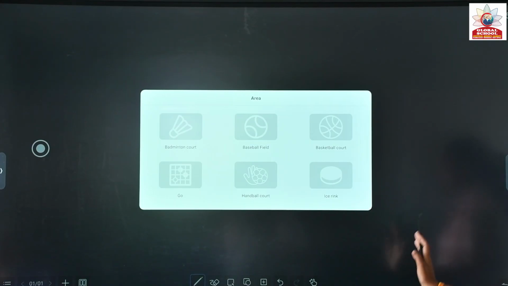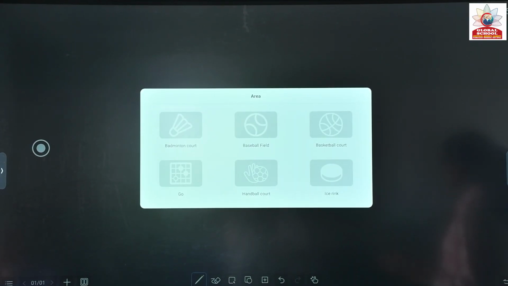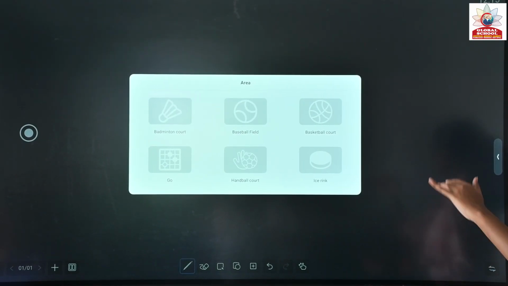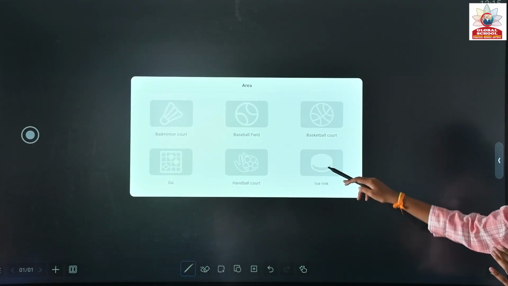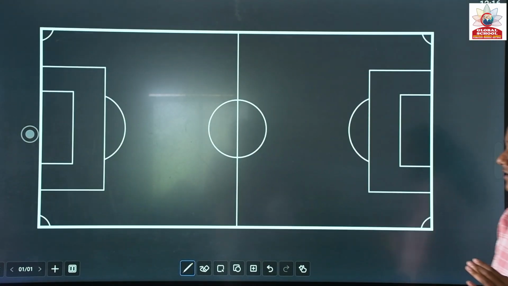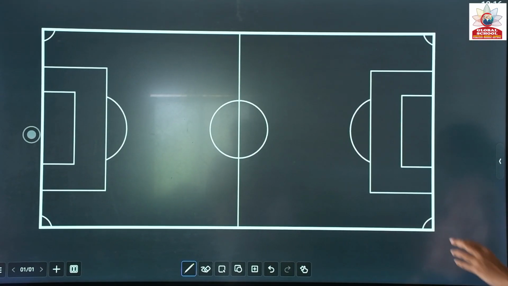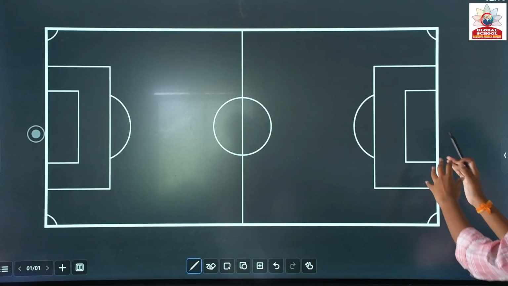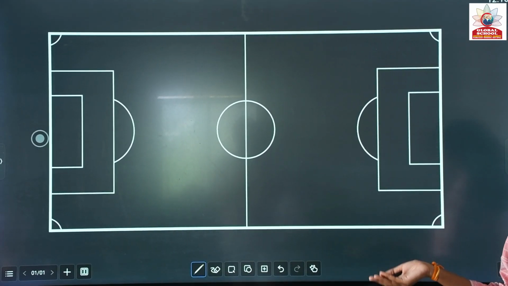And this is the templates of background. So if any sports week is going on and you want to set football, basketball, any one of the courts as the background of this notes part, you can just select it. That will come as the background. So here, sports teachers, sir or ma'am, can easily explain the rules and regulations in the classroom also.